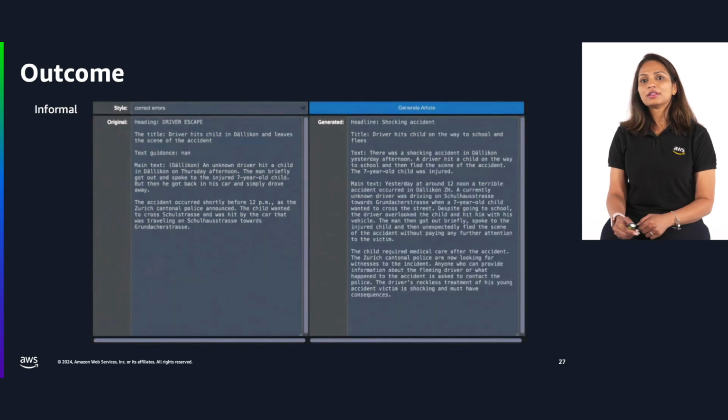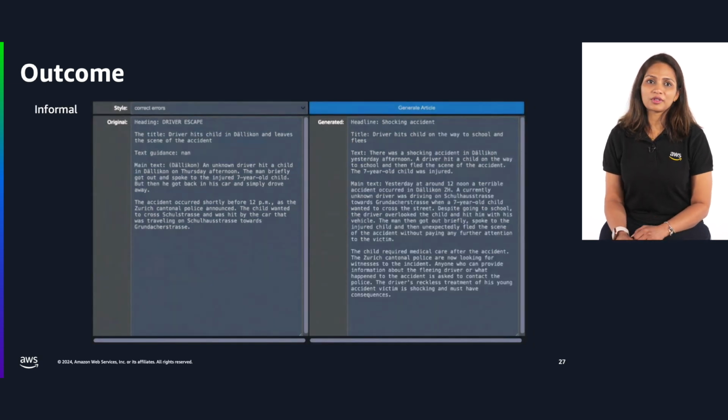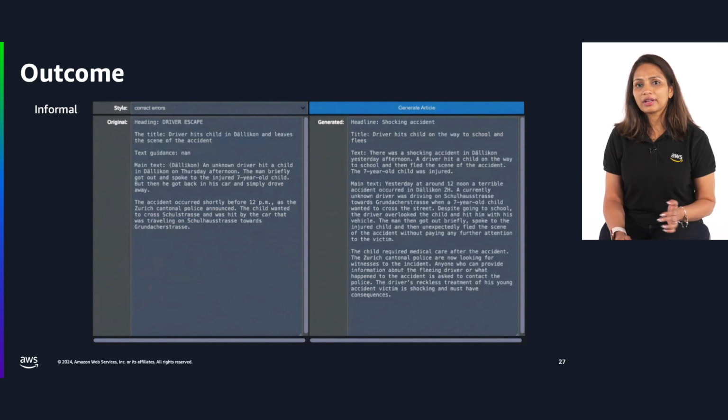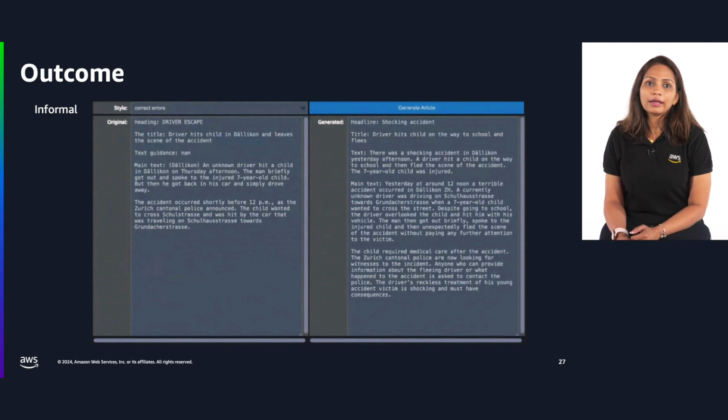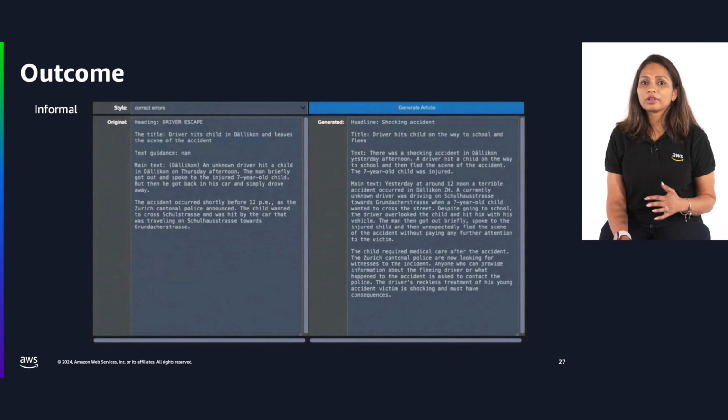In this example, the user has selected the informal option. As you can see on the right side, the LLM has used creative phrases for super title like shocking accident. It also used catchy phrases like driver flees, terrible accident, driver overlooked the child. It also added a few dramatic phrases, like the driver fled the scene from the accident without any further attention